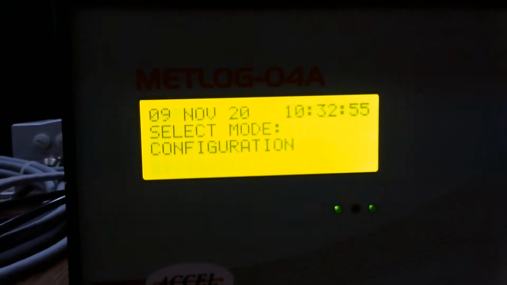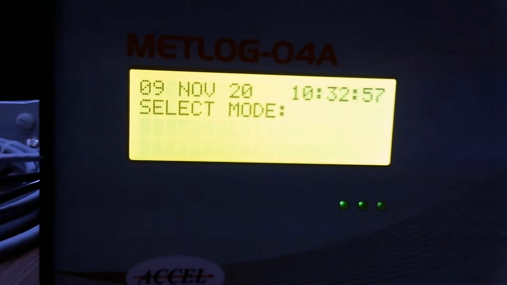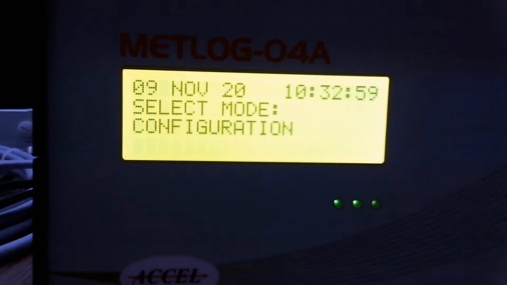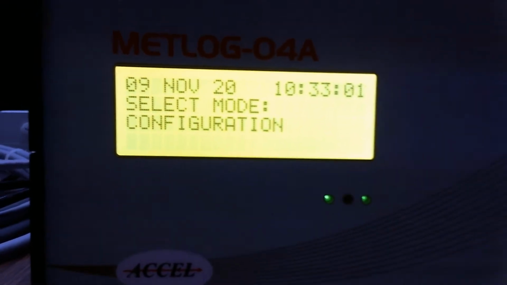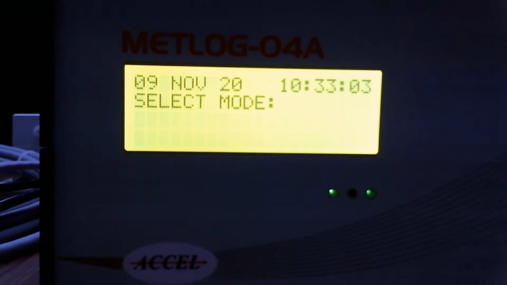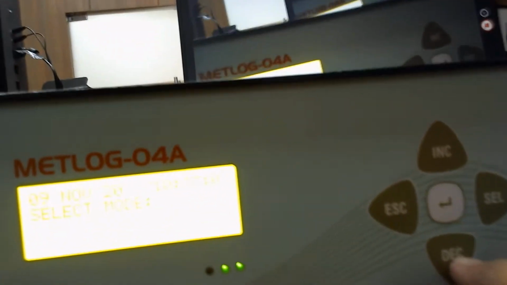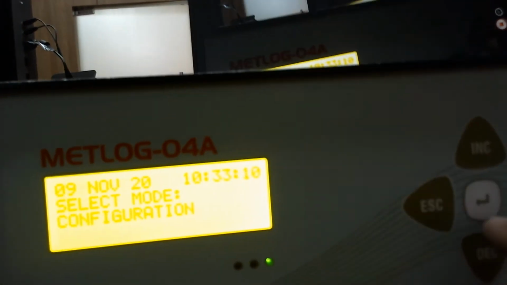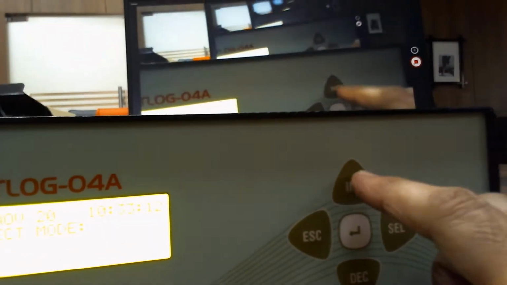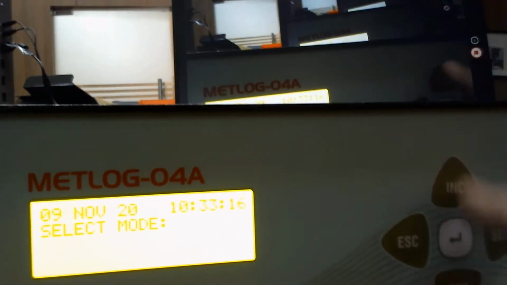So what is the password for all these modes? There is a unique password for all these configurations, system configuration, calibration, IP, FTP, and that password is increment, decrement, again increment, again decrement, or up down up down.